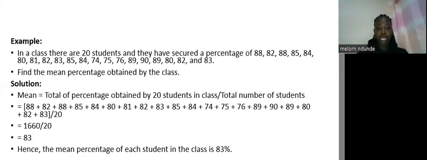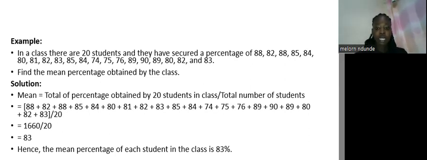You're told, in a class, there are 20 students, and they have secured percentages of 88, 82, 88, 85, 84, 80, 81, 82, 83, 85, 84, 74, 75, 76, 89, 90, 81, 80, 82, and 83. Find the mean percentage obtained by the class. So what is the solution? Our solution is,